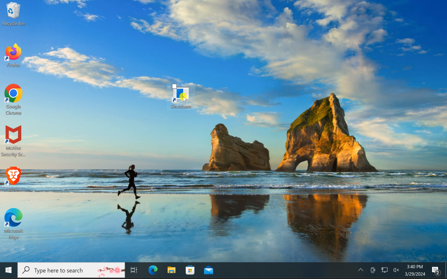To pin it, select this one icon and drag it to the taskbar in the free space. When you see link to taskbar, lift your finger from the mouse and it will sit on the taskbar. By single click on this one shutdown button, you can turn off your Windows 10 PC.